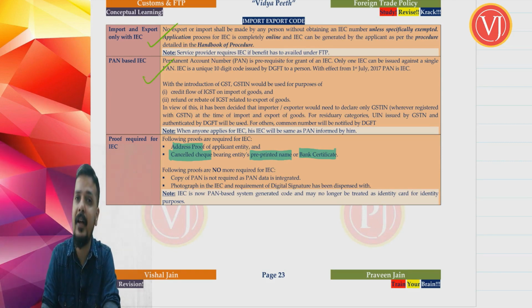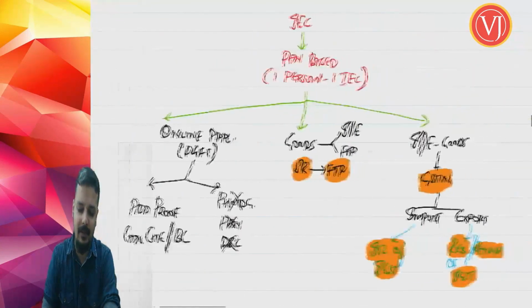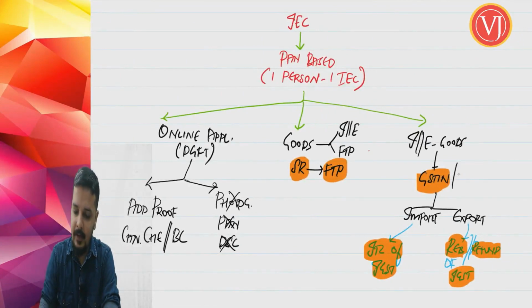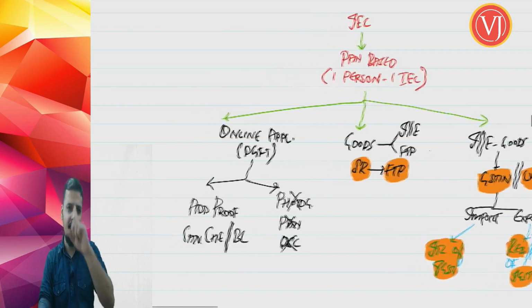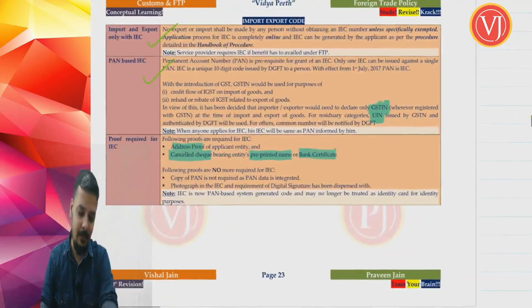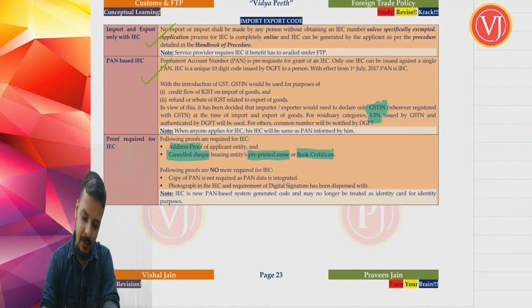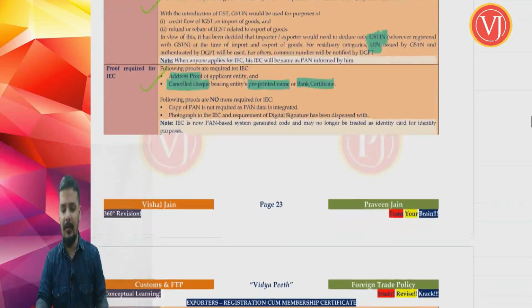Certain people, we have discussed that you are talking about international organizations. They will not give their GST number. Instead of GST number, friends, they will have a unique identification number. So your international organizations will not have GST number. They will have unique identification number, which you have clearly discussed in your GST concept at the time of discussing registration. Even the documentation that is required, we have discussed that. Right. So that is everything about your import export code that you have discussed.